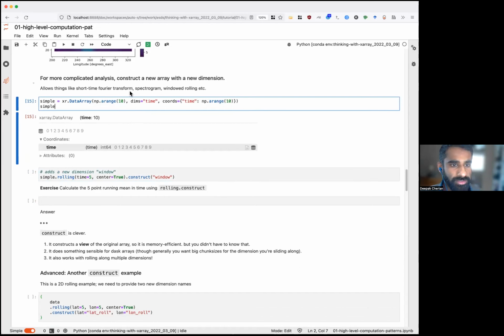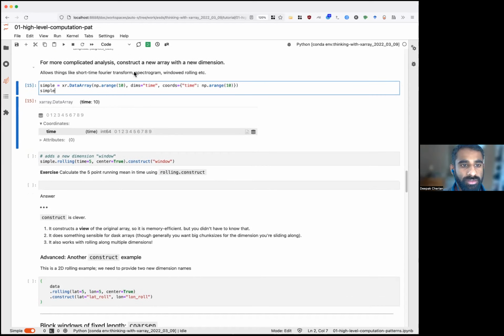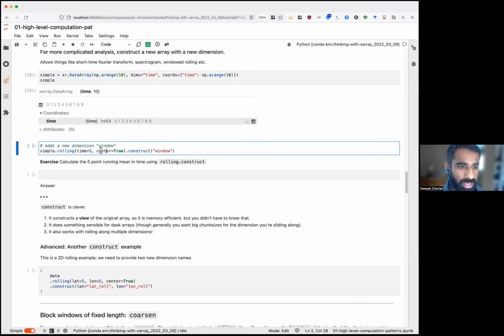Okay, so to demonstrate this idea of looking at a rolling window of your data set, I'm going to start with just this very simple array. All it's got is values from 0 to 9. I'm thinking of this as a time series. And again, we're going to look at the 5-point rolling window. But this time I'm highlighting the construct method. And so what that does